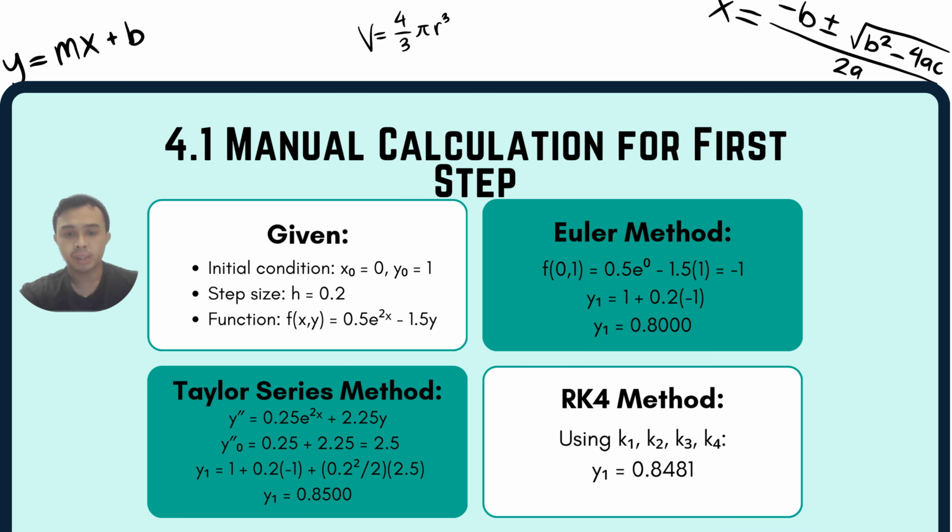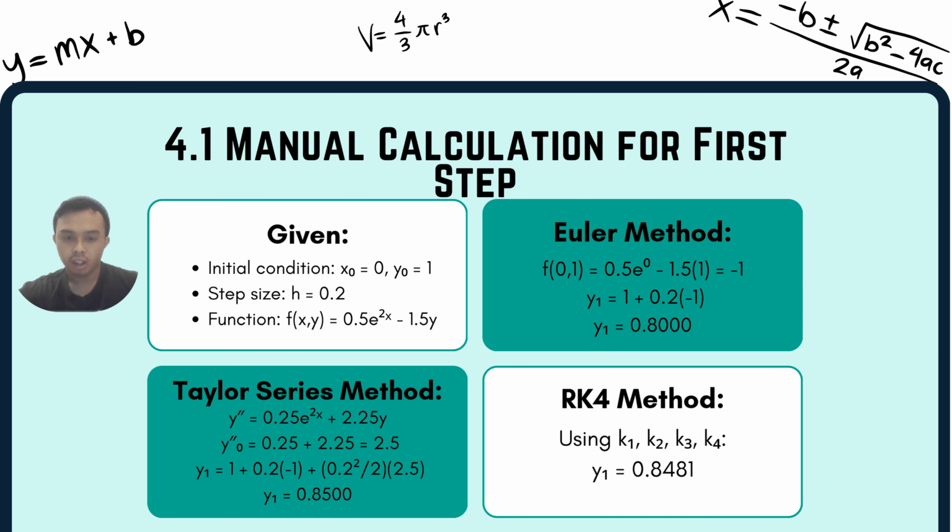For the Euler method, f(0, 1) equals 0.5 e^0 minus 1.5 times 1. This gives negative 1. Therefore, y1 equals 1 plus 0.2 times negative 1, which gives y1 equal